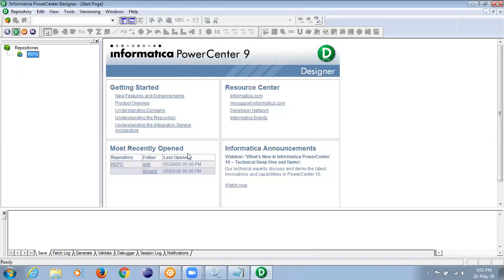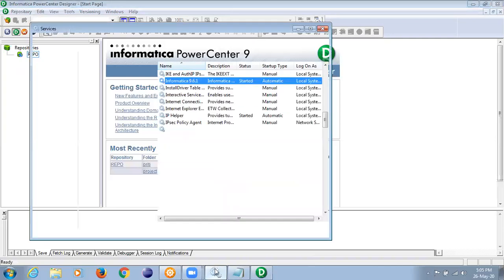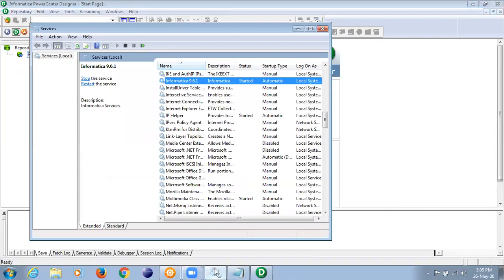So from tomorrow when you start, or from today when you try practicing, you have to start the database. Remember one thing, you have to start the database. Once you start the database, you start the Informatica service. Once you start Informatica service, open the designer directly. That's it. I guess opening designer gives all four screens like designer, workflow, and all.